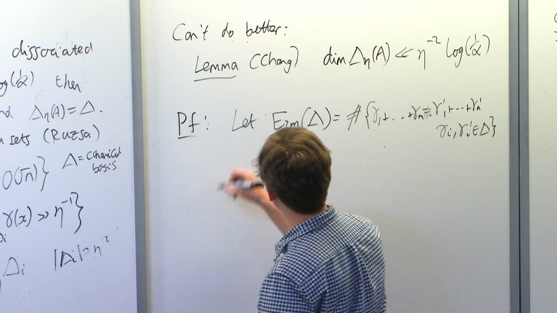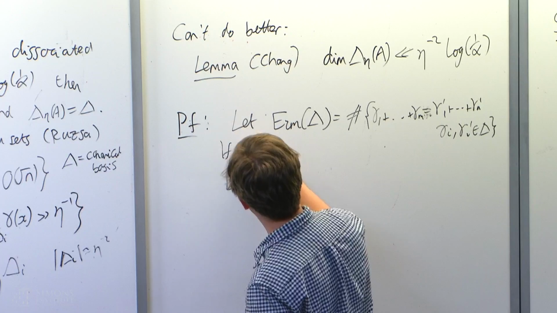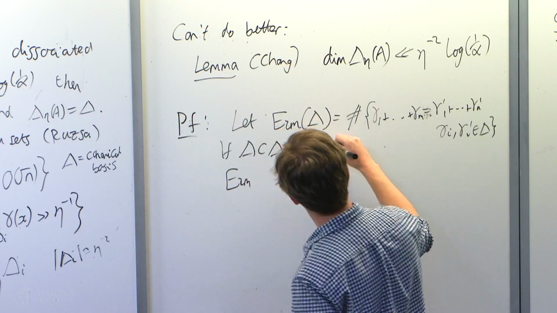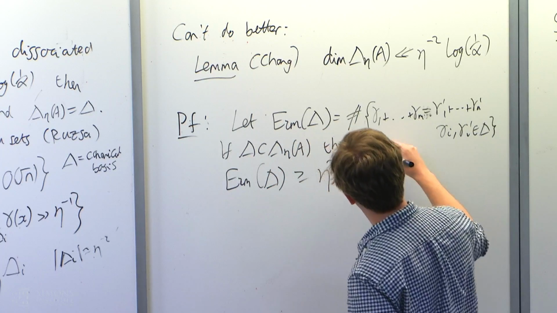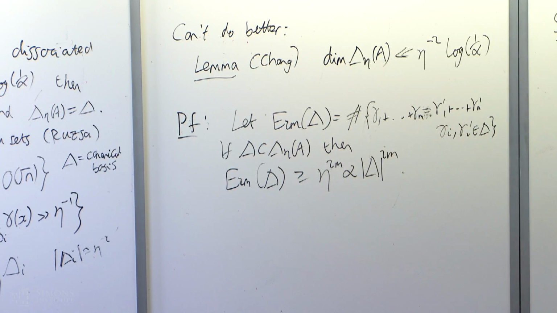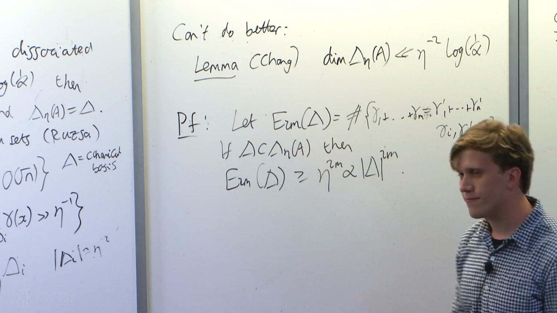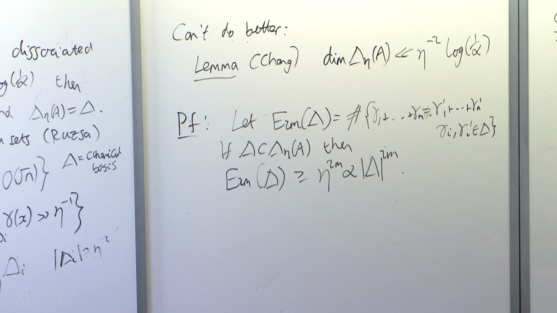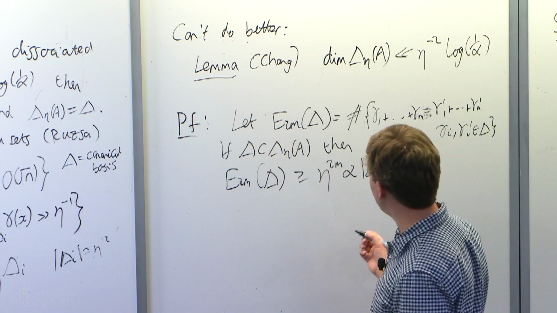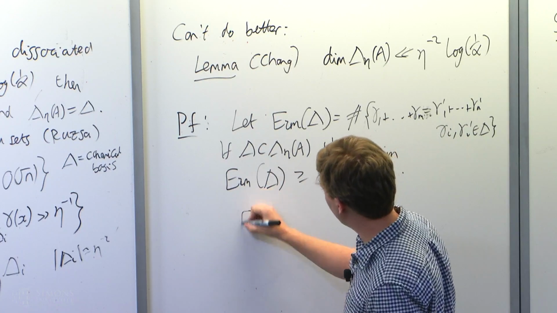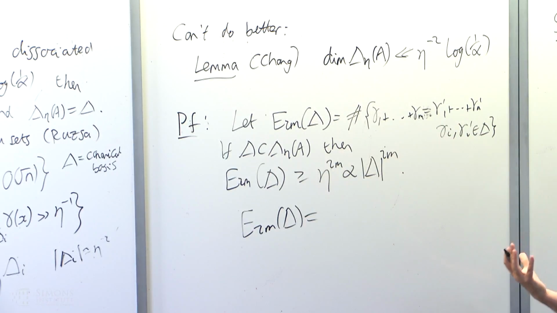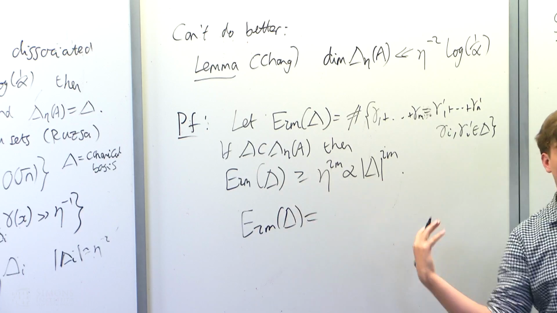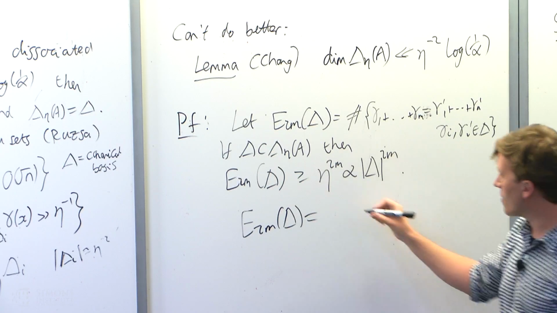So we have this fact that if delta is a subset of the eta level spectrum of A, then the 2m-fold energy of delta is at least eta to the 2m alpha times the size of delta to the 2m. And there's a very nice one-line proof of this due to Holder, well, sorry, due to Holder's inequality. I don't think Holder actually wrote this down. You use the fact that I can write E_2m of delta as the 2mth power on the Fourier side, or rather the physical side now, because we're dealing with subsets of characters. So I can write this as